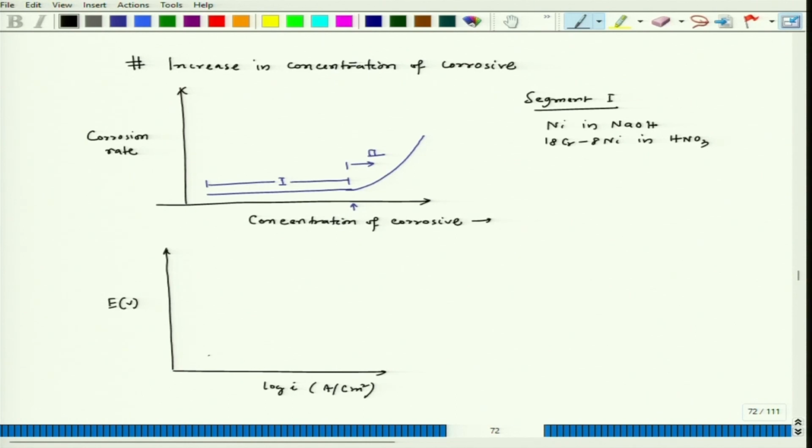Now, if I try to look at the active passive metal, it will have a curve like this. So, this is the anodic part. It is going through the active zone and then passivity is achieved and then transpassive starts. So, this is transpassive, this zone is passive,